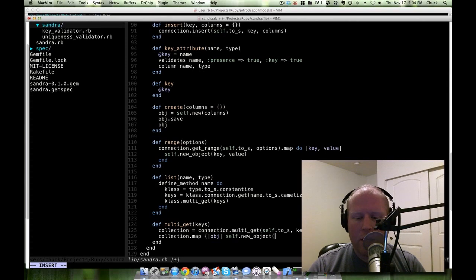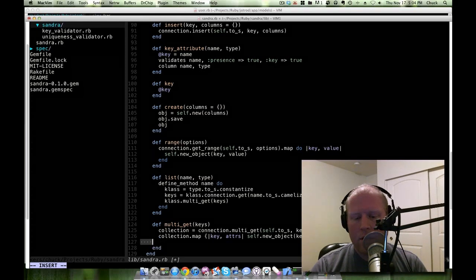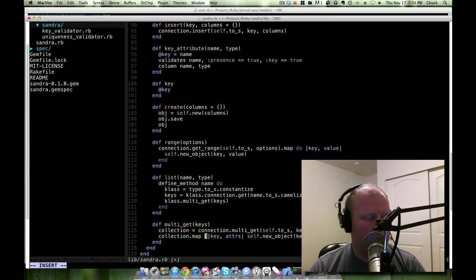And then we give it a key. So yeah, that's right, because it returns a hash. So we have key and attributes. So key, attributes,